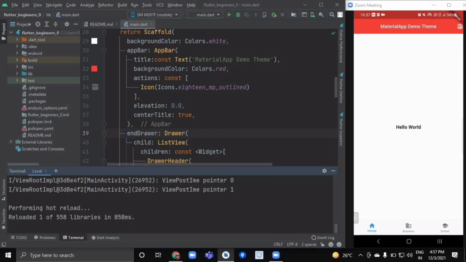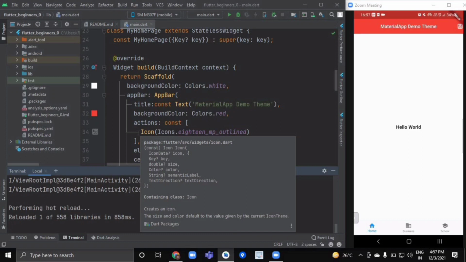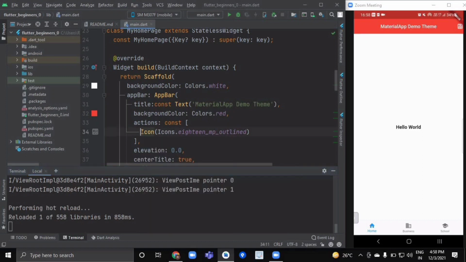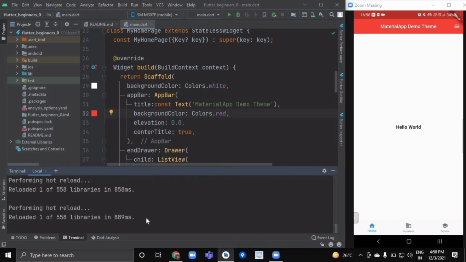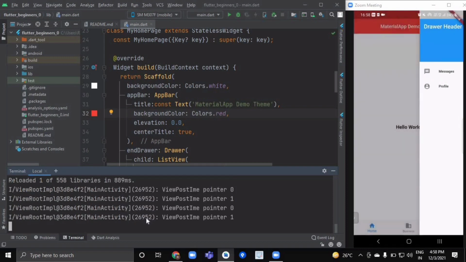So right now you can see that our navigation drawer is not visible on the application bar. Can you tell me the reason why? If you have guessed it correctly, then yes, the answer is because we have already provided one action for our app bar over here. So all we have to do is just remove this particular attribute and again hot reload it. So now you can see our beautiful navigation bar over here.